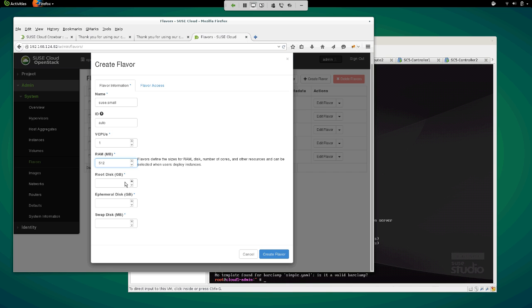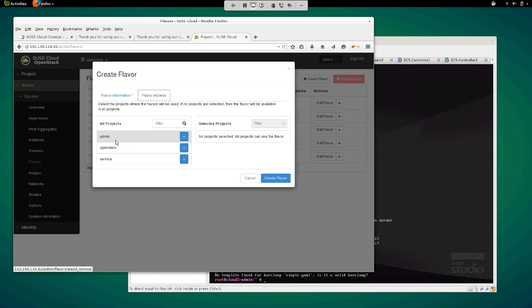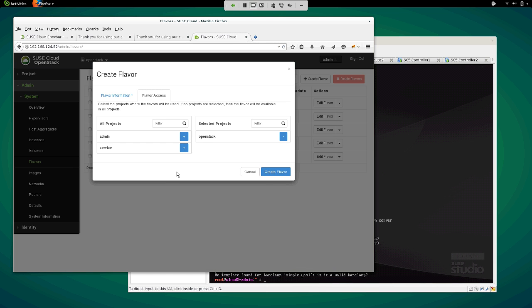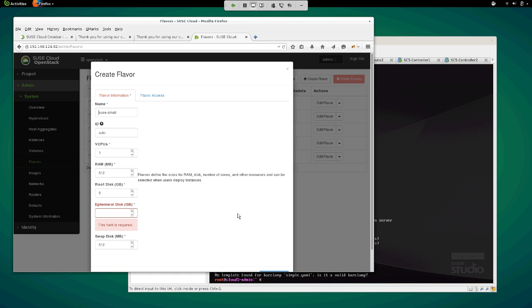Root disk, we'll give it 5 gigabytes. And then the access. Admin, create the flavor, use an ephemeral disk.